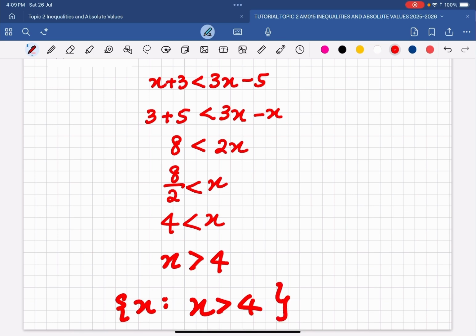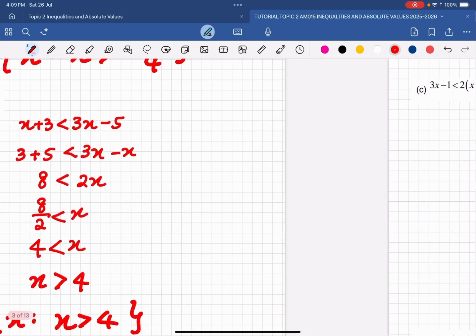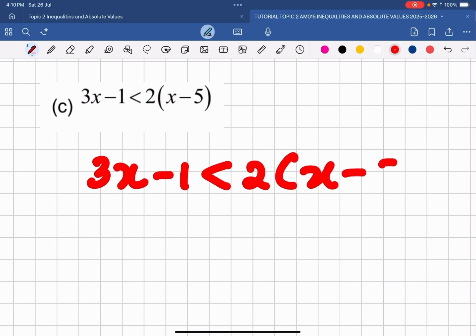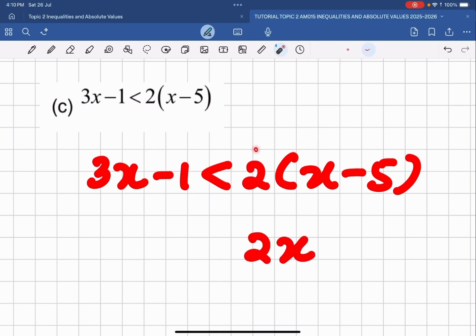Okay, C. 3x minus 1 less than 2 times x minus 5. So what we're going to do is expand 2 times x minus 5. Okay, so 2 times x is 2x. Negative 2 times negative 5 is negative 10. Okay,